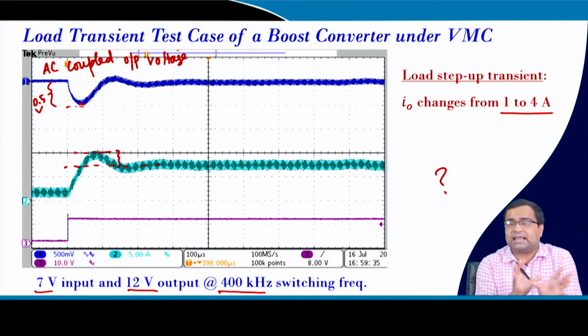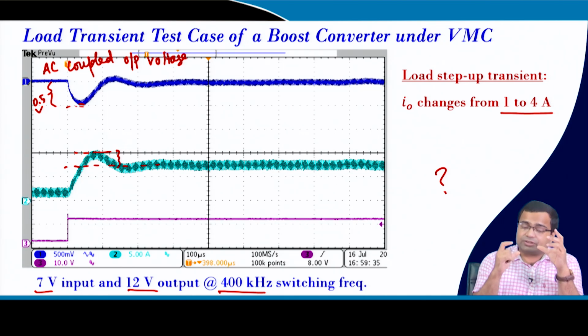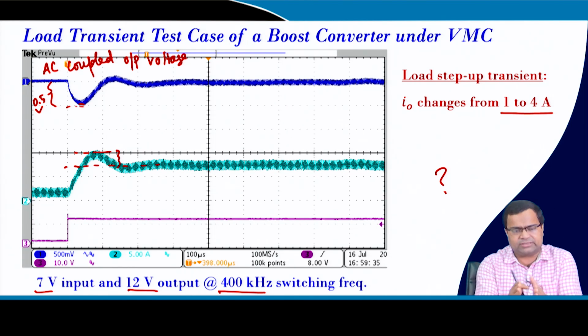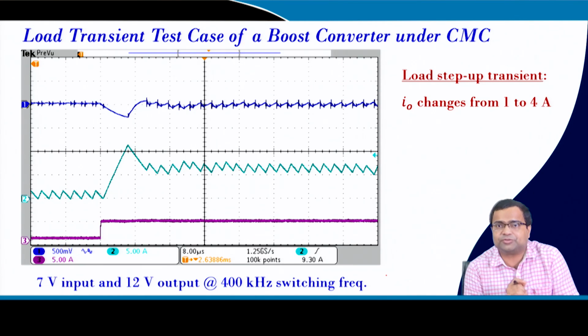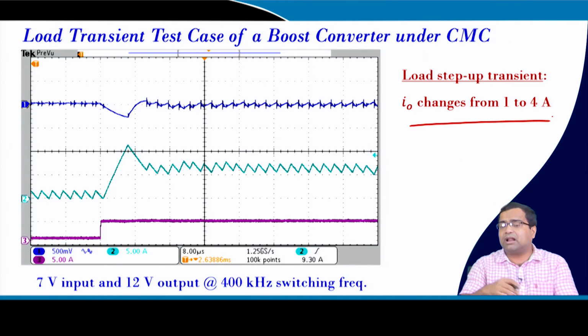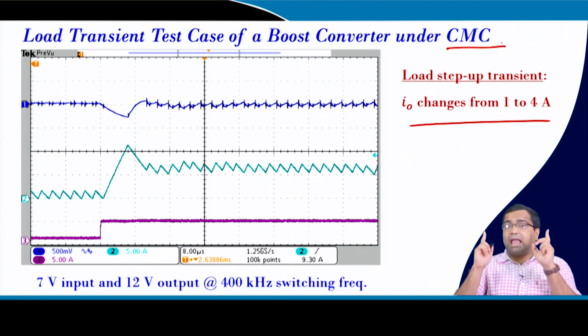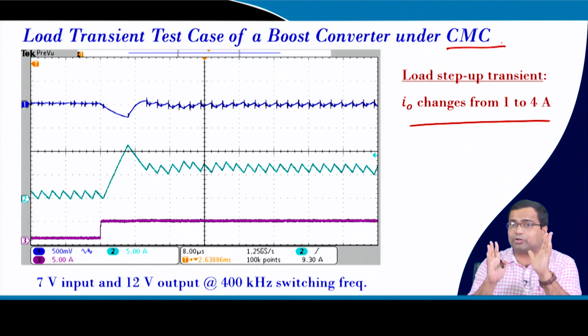So, in all these cases, we need some information about the system. That means, first of all, even for the converter, we are only selecting the inductor and capacitor values, right. Then we know about the switching frequency. If you zoom the waveform, here it is given as 400 kilohertz. Another scenario I am showing: here it is again a boost converter with the same load transient, but now it is under current mode control, and here we are using a large signal based control, not small signal.